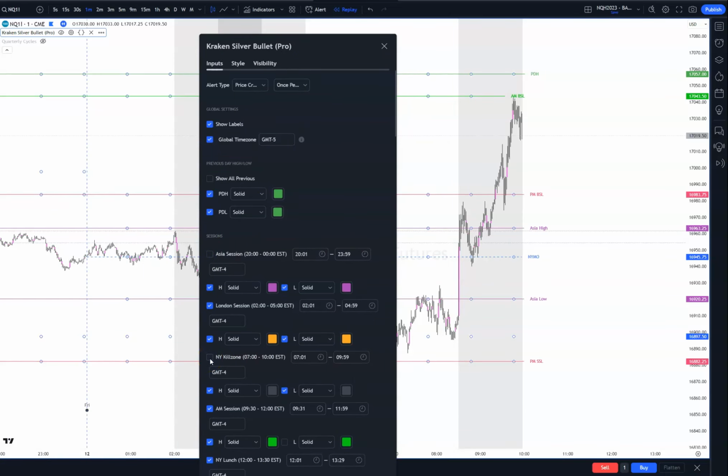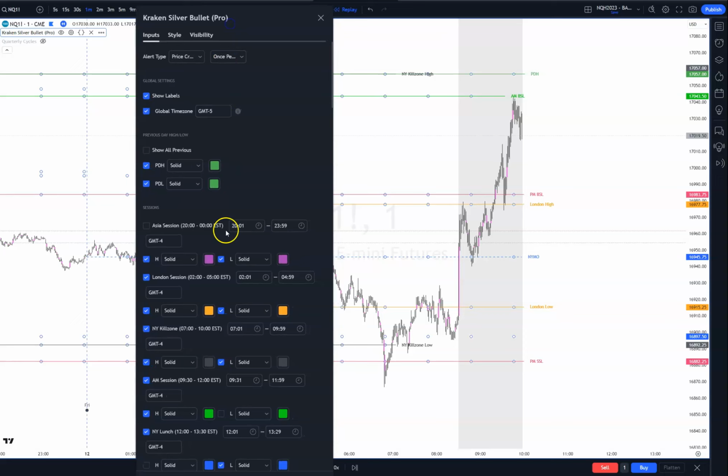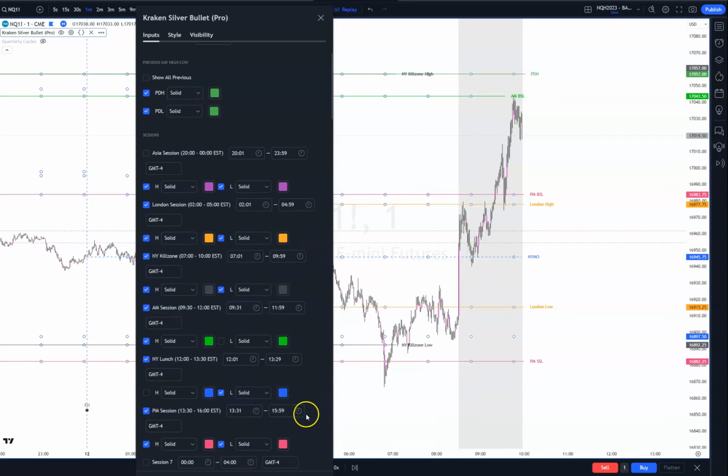We're going to turn on the Killzone, even though it hasn't started yet, it hasn't cleared it yet. It will in a minute, convert over at 10 o'clock. So we'll have the Killzone. AM session is from yesterday, so it's yesterday's target still. And New York lunch, we still have a low, and PM session, we have cleared both PM sessions, so we'll